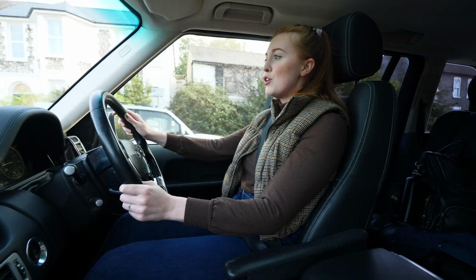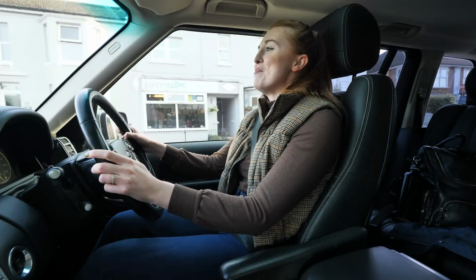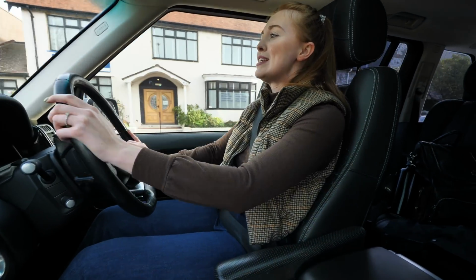The seats are big, you've got just loads of space. I'm really far away from George, which is a huge bonus. I'm joking, but it is genuinely nice. Like if we get a McDonald's drive-through or something, we can eat in peace and not be on top